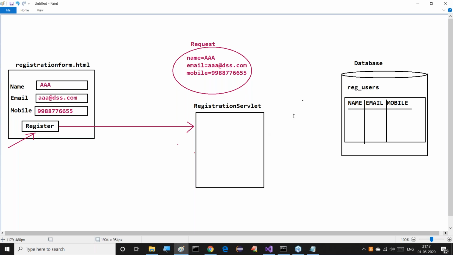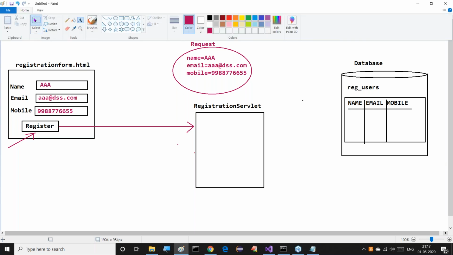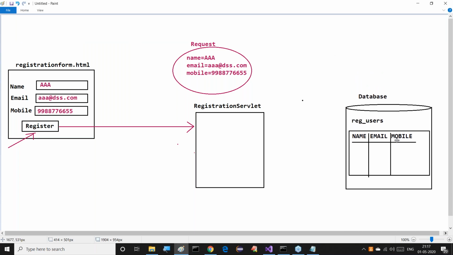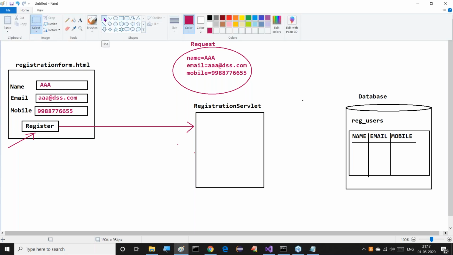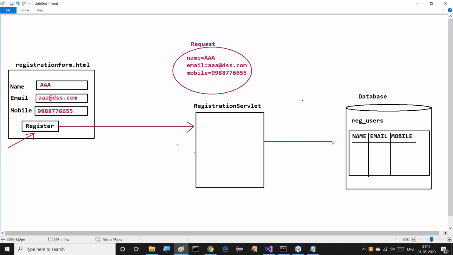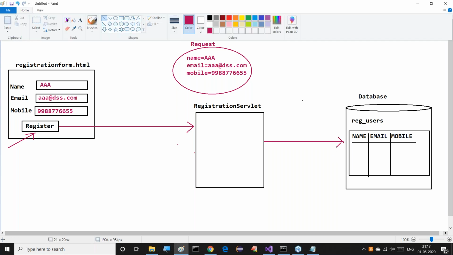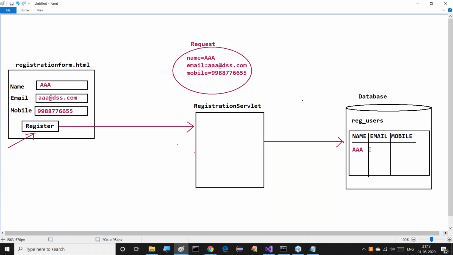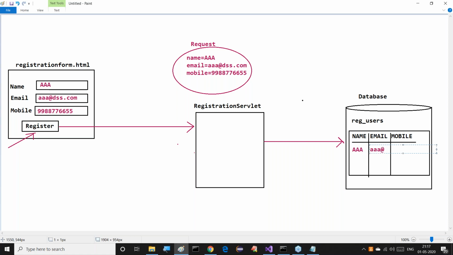Then what next? What is the job of this registration servlet? This registration servlet must take data from the request object. After taking this data from the request object, it has to store that data into the database. We can expect it clearly: name AAA, email ID AAA at something, and the mobile number.